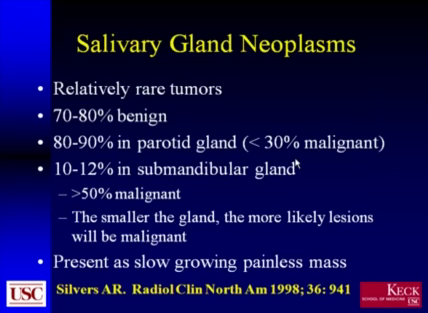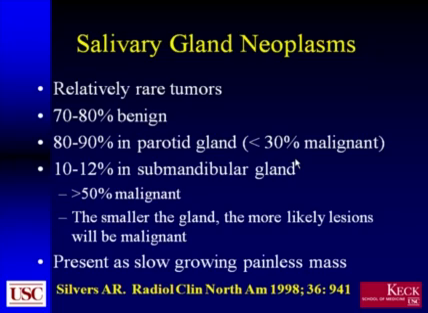Salivary gland neoplasms are relatively rare tumors. Luckily, most of them are benign, about 70 to 80%, and the majority occur in the parotid gland. And the teaching tends to be that the smaller the salivary gland, the more likely lesions will be malignant. So in the parotid gland, where 80 to 90% of these neoplasms will occur, only about a third or so